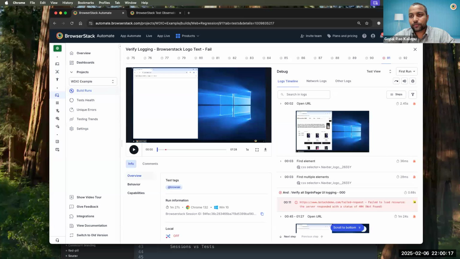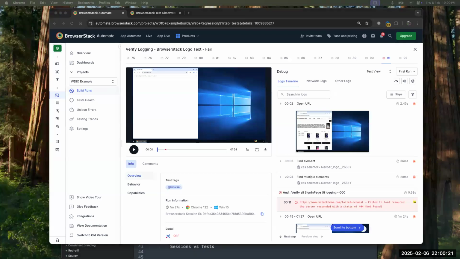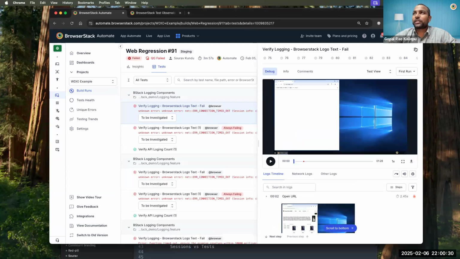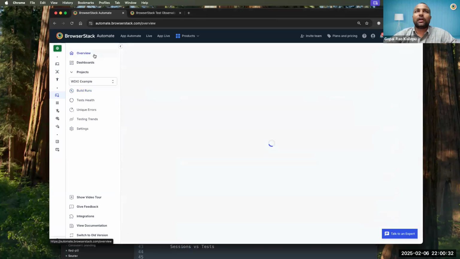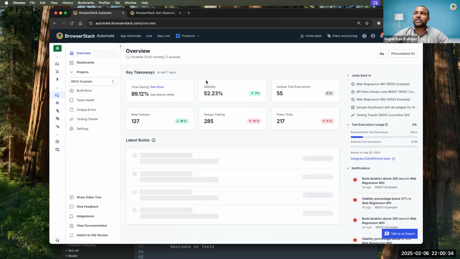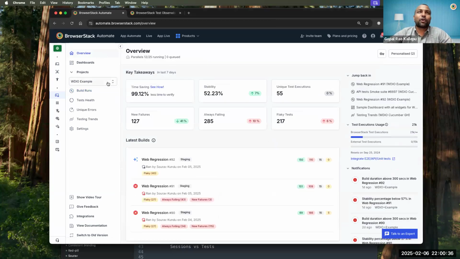Any more questions? One question was about personalized view. So basically, when should I use a personalized view in the overview? I would say everyone should use a personalized view, and it's especially helpful when the number of projects that you have is high, if you are part of a big organization, right? If the number of builds that are running are high and the number of projects you have is high,